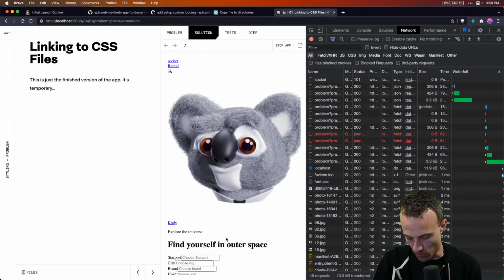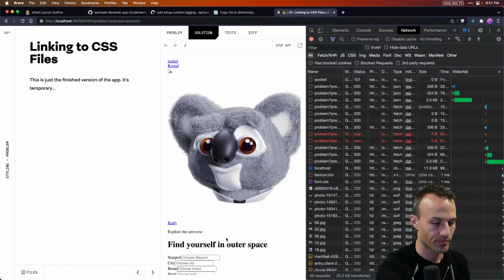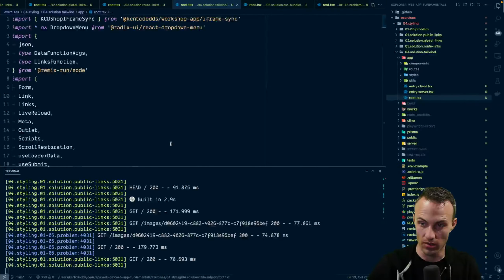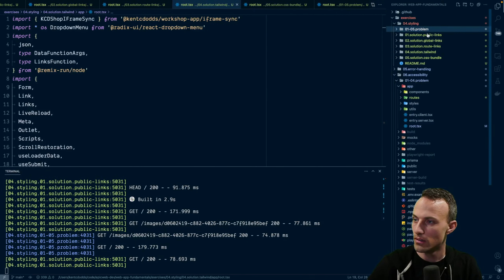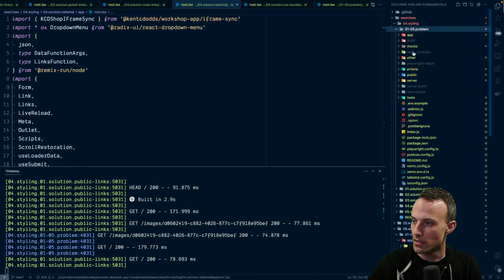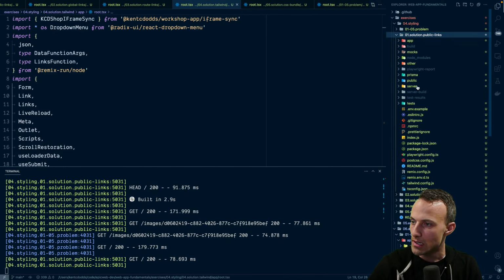But in the app, the only place where we do that is for our fonts. But then we don't actually use the fonts except when configuring Tailwind. So we don't have to use Tailwind to configure the fonts. What we could do is here, let's do it in the solution.